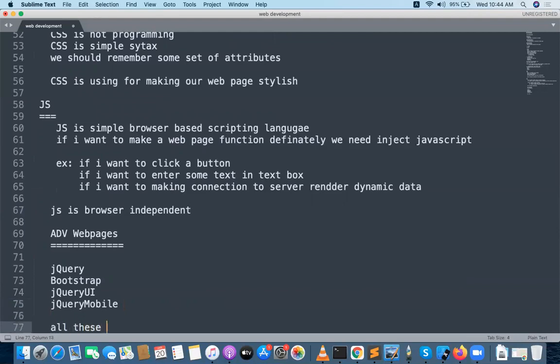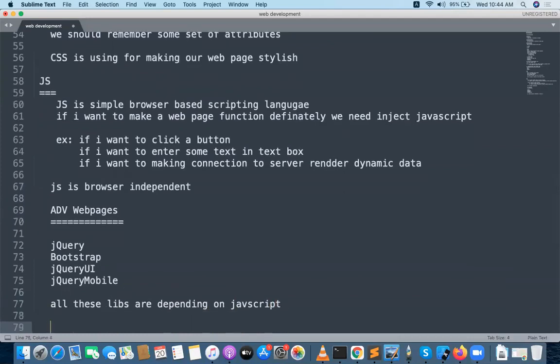All these libraries depend on JavaScript. First you need to understand JavaScript programming, and finally you will be able to learn all these libraries. I will tell you how to utilize them one by one.